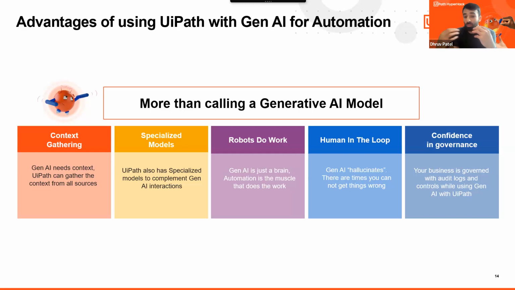And finally, human in the loop. As you're building these automations and you're trying to bring in AI and machine learning, don't forget that. Especially when you think of generative AI, there will always be a need for human in the loop, because generative AI specifically has sometimes hallucinations, or there's things that you don't want to get wrong and you want a human to go in and validate. So remember those three key things as we talk about generative AI and some patterns for how you can start to bring it into your automations.